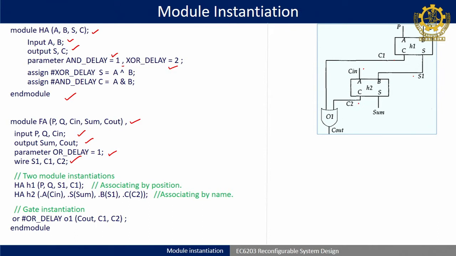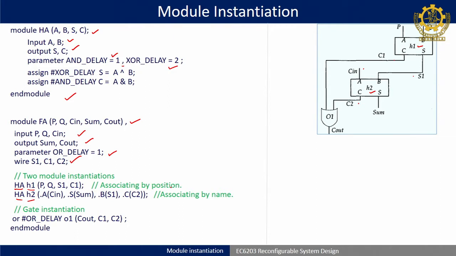So, first I am calling the half adder module name, then H1 is this one and H2 is this one. Here this definition is important, because there are two half adders, and which module ports are connected to which other ports can be a bit confusing. So, you have to define individual H1 and H2 for these two modules.